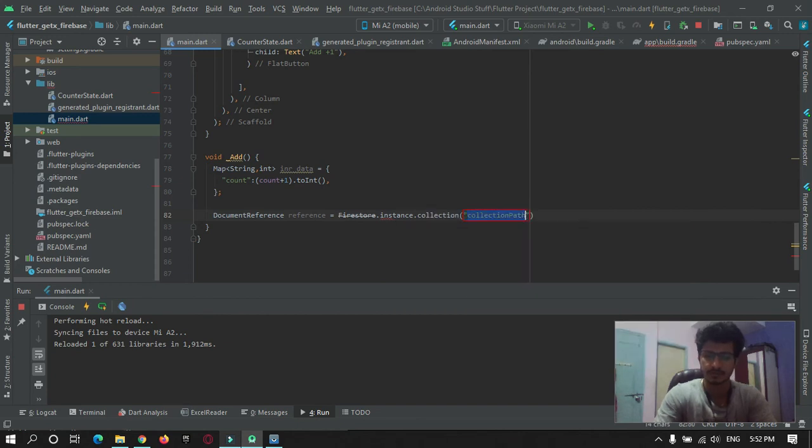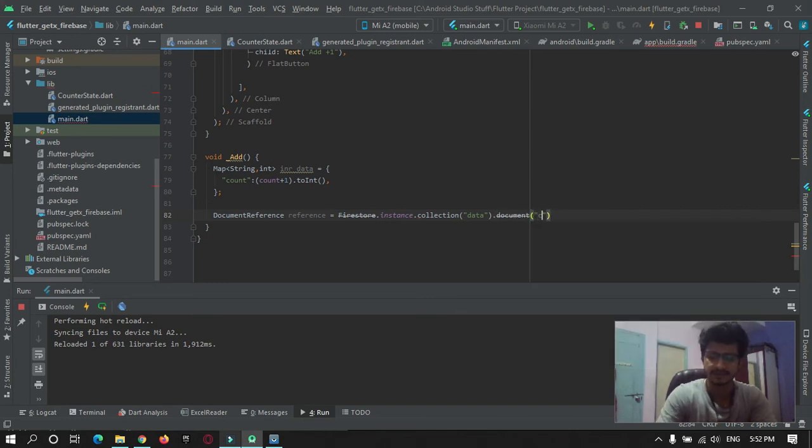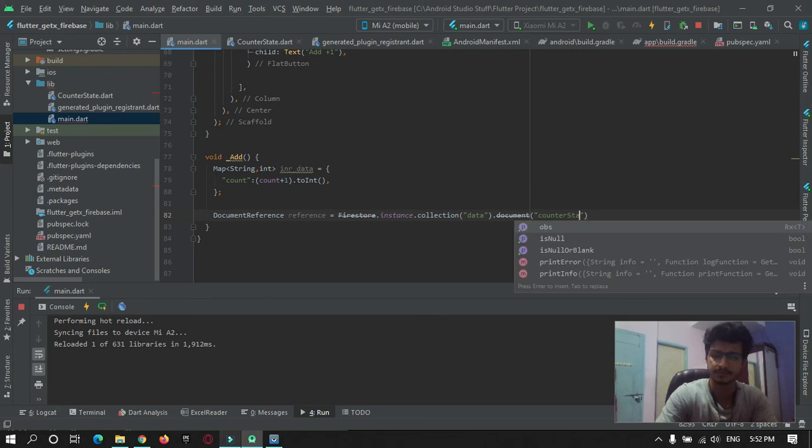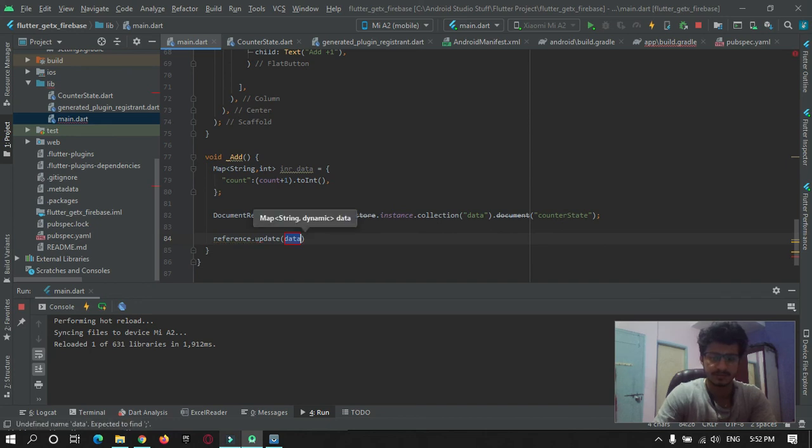The collection name is data, and then document. The document name is counter state. Okay, and then you just need to pass the update function. Reference dot update the data, that is the increment data you need to pass. Okay, so I will just restart this app now.